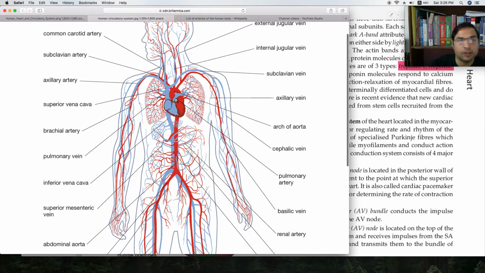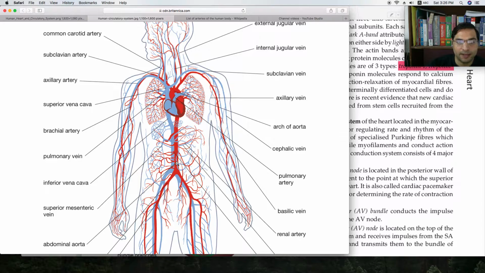So the blood is pumped from the left ventricle, right? The oxygenated blood, which is coming from the lungs through the pulmonary vein into the left atrium, and then going into the left ventricle, and left ventricle pumps the blood into the arc of aorta, and from the arc of aorta it goes into the descending aorta, first thoracic aorta, then abdominal aorta, and then to the lower extremities it goes, right? The same blood